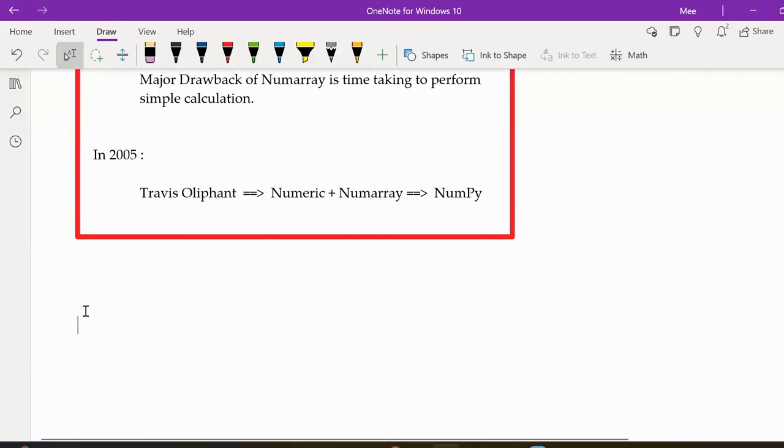Now, let's look at one of the major advantages of NumPy over the other Python objects. The competitors of NumPy are list, tuple, set, or dictionary. These all come under alternate objects of Python. So when it comes to NumPy versus list, there are three major advantages of NumPy over the list. The first thing is